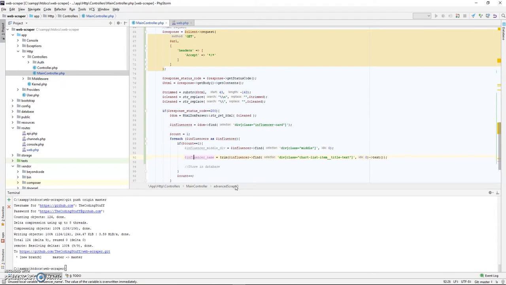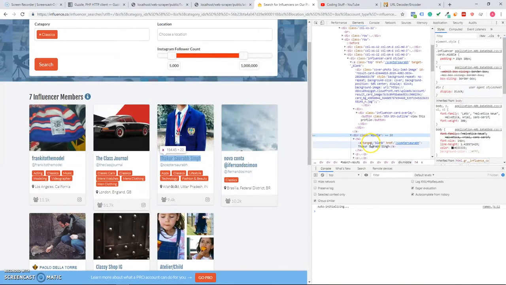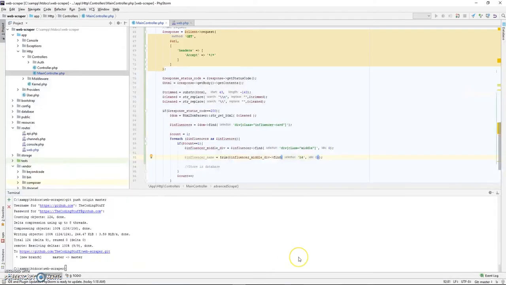And now I'm going to get the name. So it's going to be different. It's going to be trim of... Now what? Yeah, it's better to keep it understandable. So this one is going to find the h4 element, the first h4 element, and inside the h4 we have this link, right, which has the name. So right, and now we're going to keep looking and find the link with the first index, and this